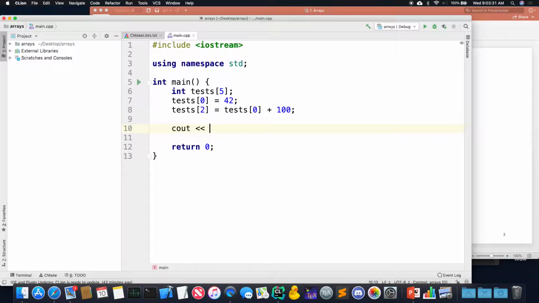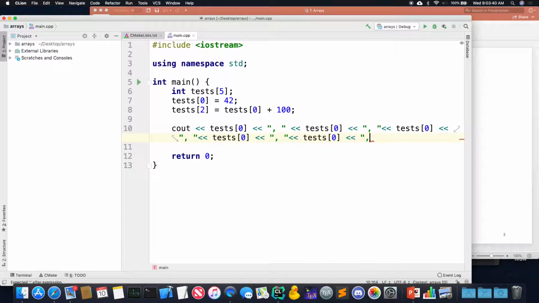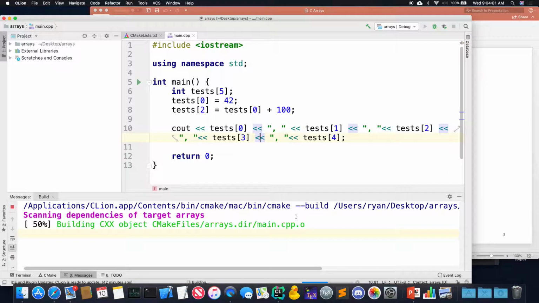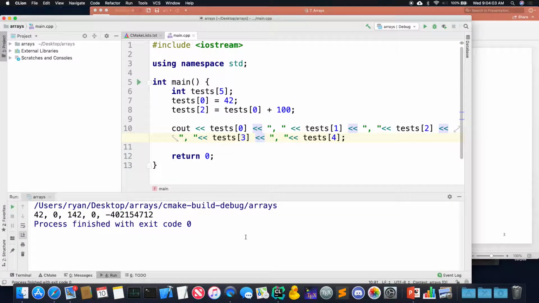So by printing these out, I could say this. Don't you love copy and paste? I love copy and paste. Here, there isn't a way that I can just print all of the elements in the array simultaneously, unfortunately. But since it's only 5, I can just print as necessary. So if I print this, look at what happens.